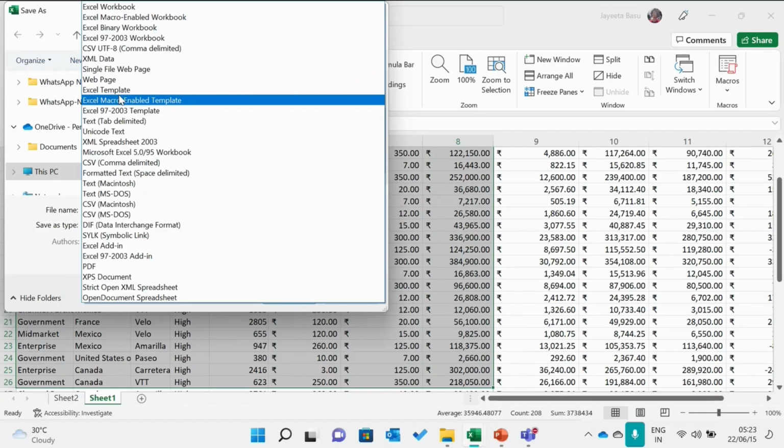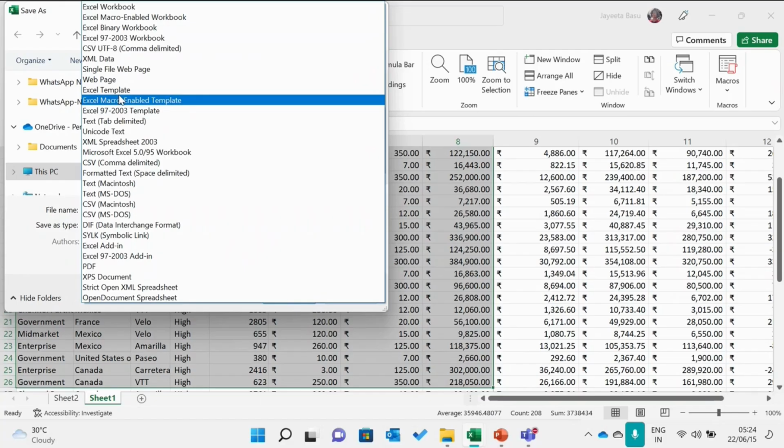Obviously, templates. You remember how we created templates at the very beginning of the session in Microsoft Excel? Well, you can save your documents in those predefined templates as well, right? So you can save it in the predefined templates. You can save it as a workbook. You can save it as a formatted text, then template, XML data. You can also save it as a macro enabled workbook or as a binary workbook. You can even, if you are using a Mac,